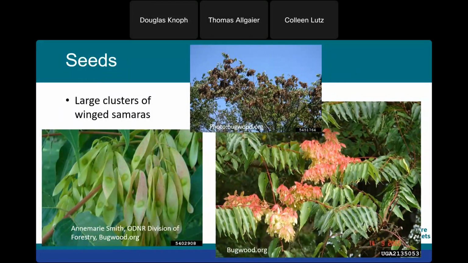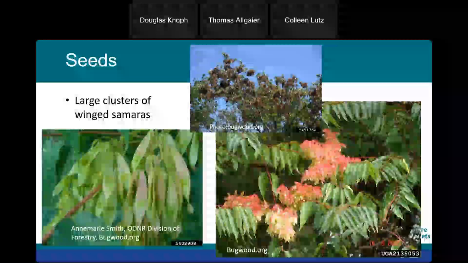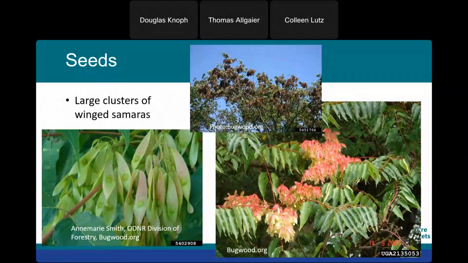You can see that they have single seed samaras in large clusters, similar to maples, where maples have double samaras. These have single samaras, very much like an ash tree. However, with the ash tree, the seed is at the tip. The Tree of Heaven seed is in the center of the samara, and the seeds will change color throughout the season.